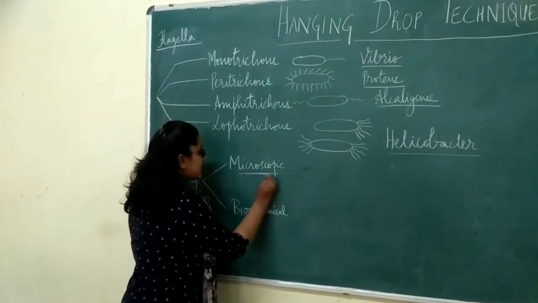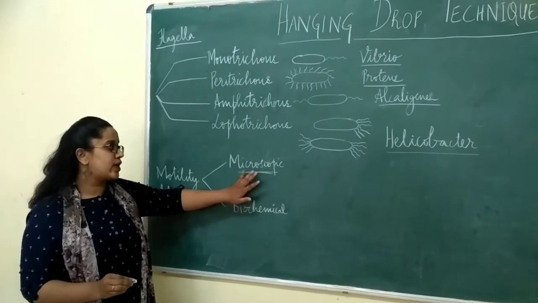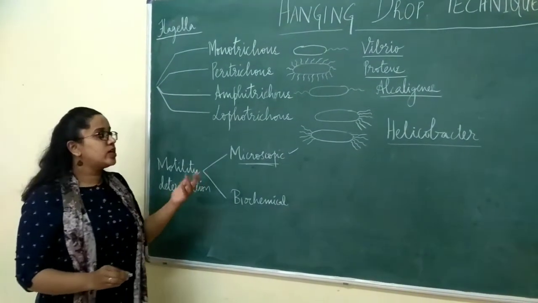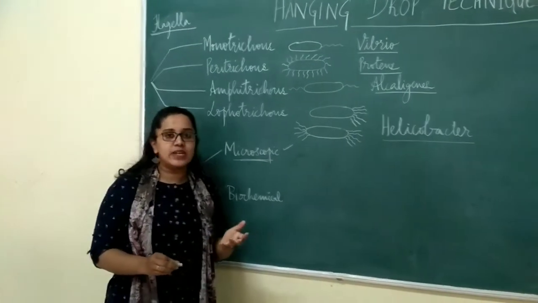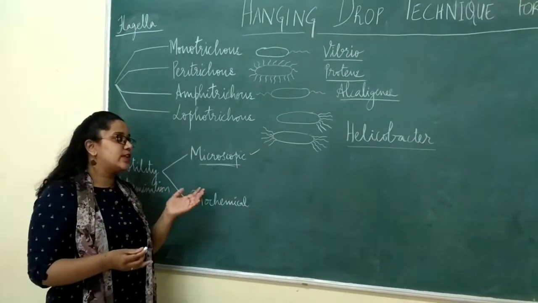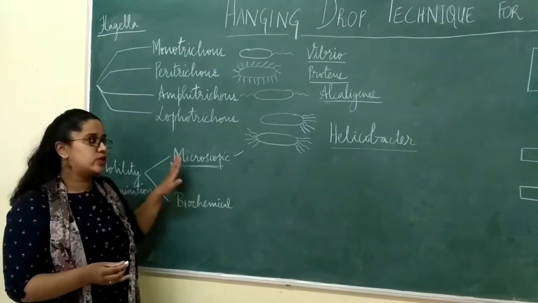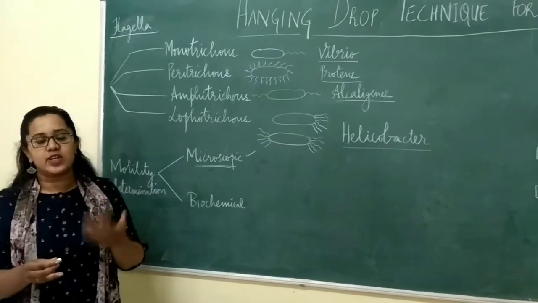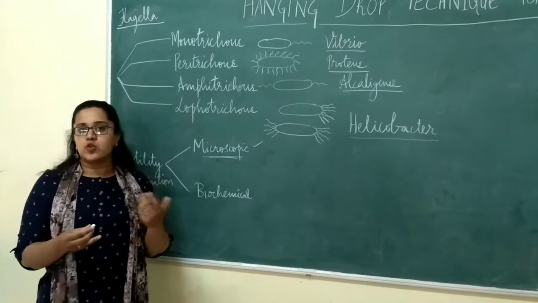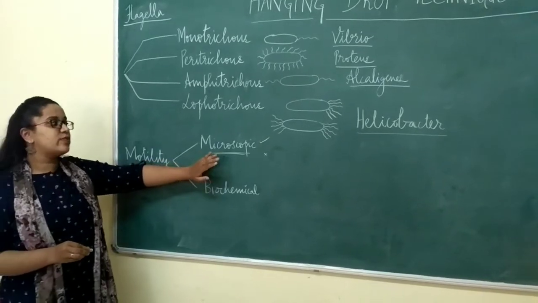Both these techniques have their advantages as well as their disadvantages. Moving on to the microscopic technique. This is a very rapid technique. It does not take a lot of time. You can obtain results within a few minutes. So this is one of the advantages. What is the disadvantage? Most pathogenic microorganisms could be motile, and hence it is not very safe to use microscopic methods to determine motility, because we come in direct contact with the organism and could easily contract the microbial disease. So this is one disadvantage of the microscopic technique.